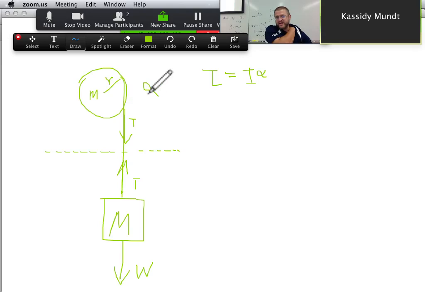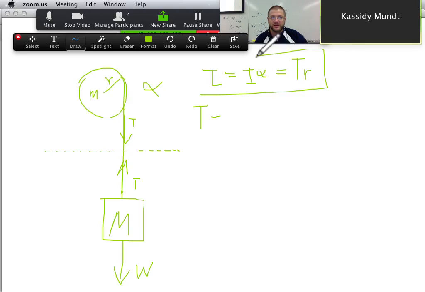So what are the equations we're going to use? Well, up here the torque is going to equal the tension, the force, times the distance to where the force is acting, the R, T times R, right? Times the sine of the angle, which is 90, so that's just 1. So this is the equation for the first one. Tension times R equals I times alpha.